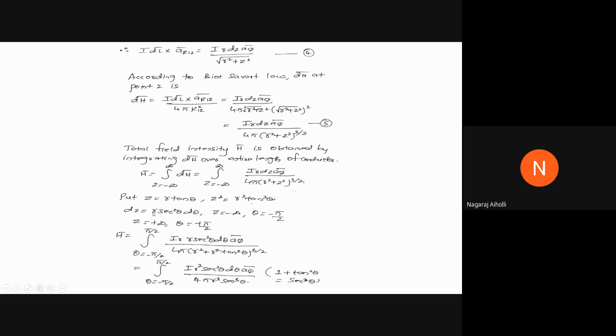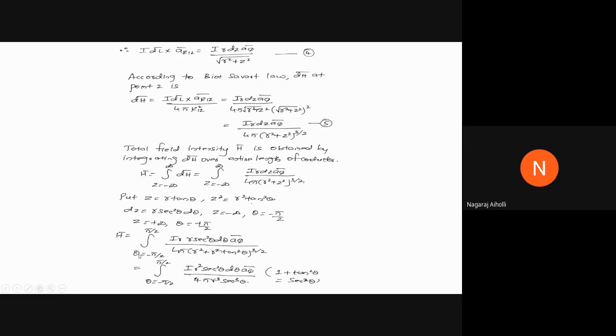Similarly, Z equal to infinity, if we substitute here, tan theta will be equal to plus infinity. Theta is equal to tan inverse of plus infinity. When do we get infinity? When the denominator term is 0. So if we take sin 90 by cos 90, sin 90 is 1, cos 90 is 0. 1 upon 0 is plus infinity. Therefore, theta will be equal to plus pi by 2. Okay. Now substitute these limits here.